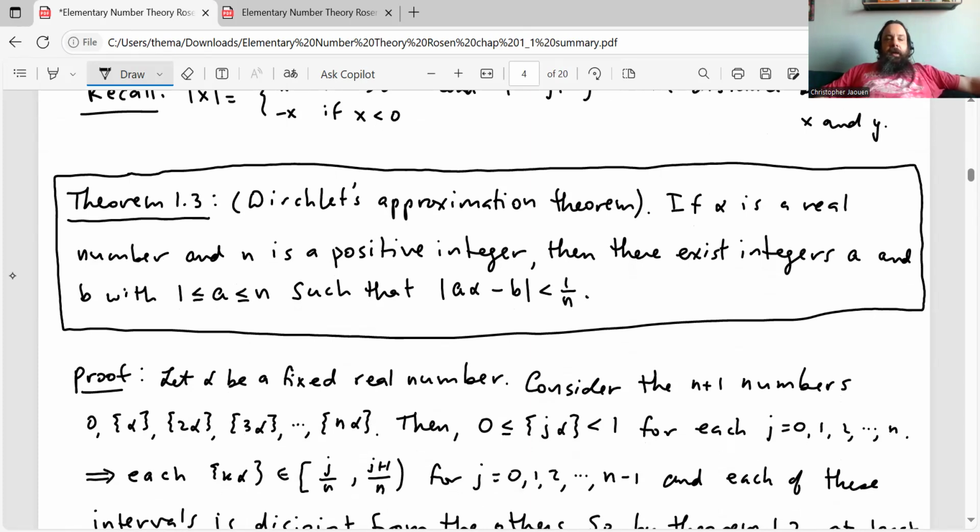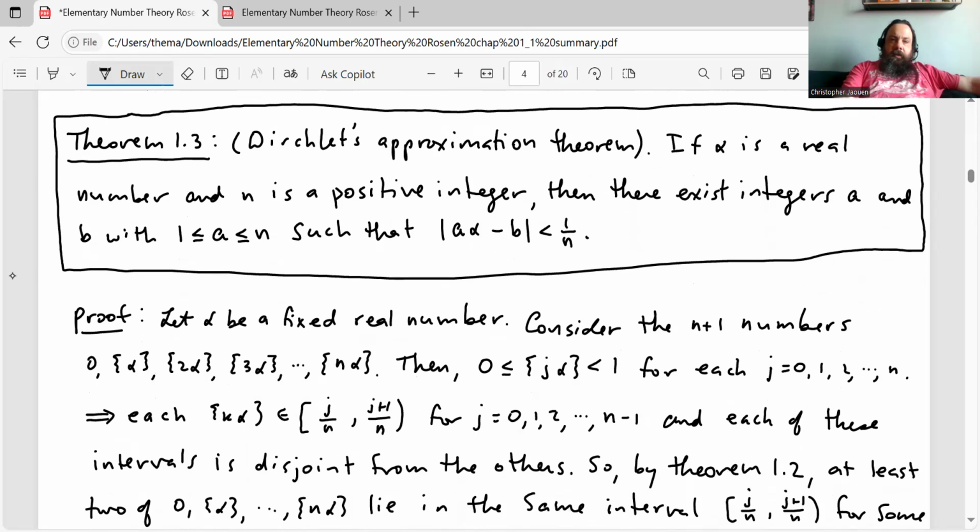alpha is a real number and n is a positive integer, then there exist integers a and b with a greater than or equal to 1, less than or equal to n, such that the absolute value of a alpha minus b is less than 1 over n. And let me just say here a quick note about this proof. I find this proof to be very beautiful. It's a simple sort of statement, and it's probably obvious from looking at it, like if you've taken a course in analysis and so on. Not obvious, I shouldn't say obvious, but